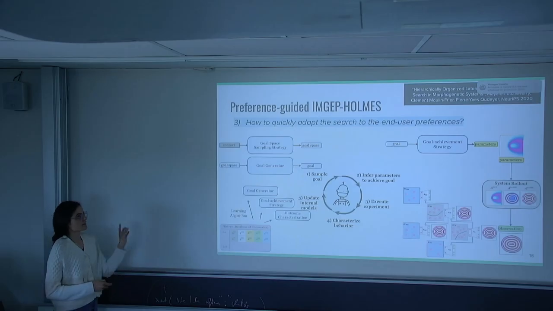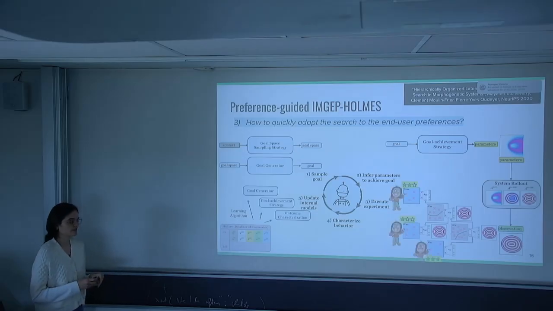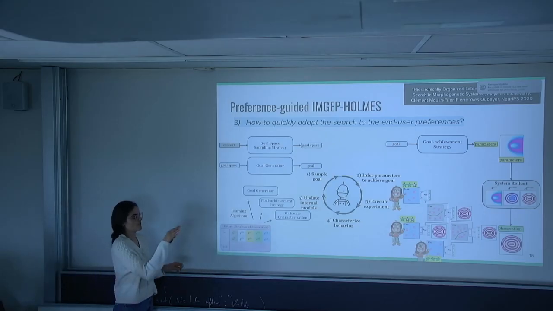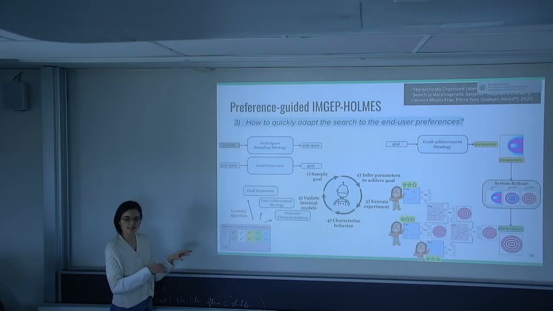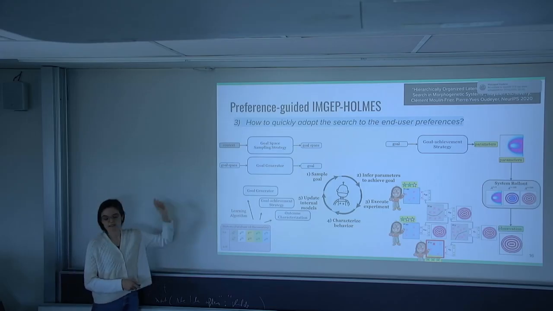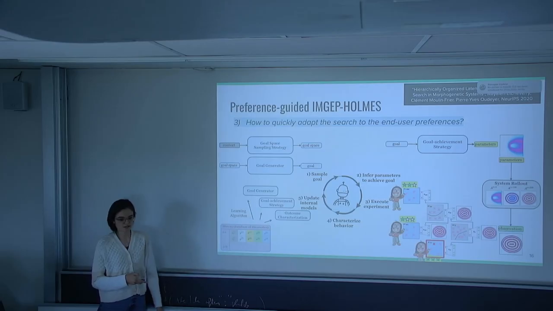So then the second kind of variant that we tried was to incorporate human feedback in the exploration loop, and we did it in a very intuitive manner, where we would have a human browse a few discoveries that are made in the different spaces as exploration progresses, and then provide some feedback, and then we would just use this feedback in our goal sampling model, so that the agent prioritizes goals in the spaces of interest.